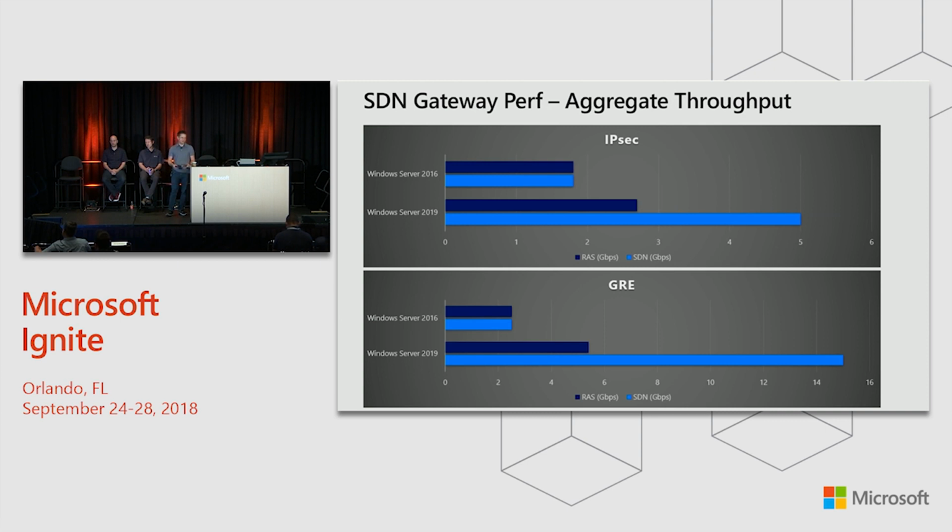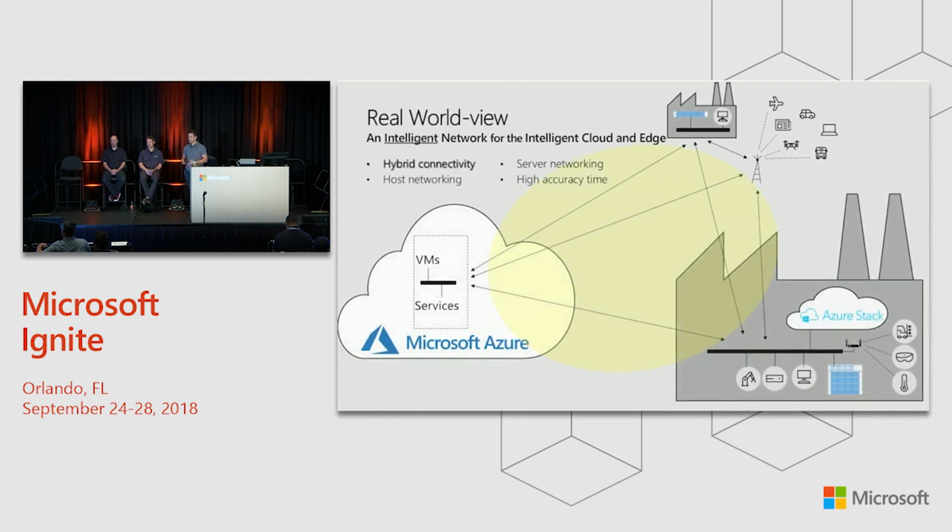When you actually take the aggregate, because generally you'll have more than one TCP connection, then you can see the performance improvements are even greater. About 50% for standalone remote access, and almost 3 times when it's used as part of an SDN system. So Azure Stack will eventually be able to take advantage of this when they start to ship Server 2019 internally. You'll have it available though with your server deployments today. So that's it for hybrid networking. Now let's work out from the bubble to think about what happens when you get closer to the edge.